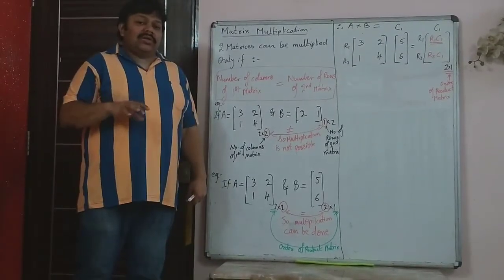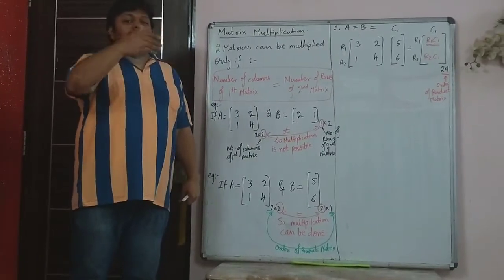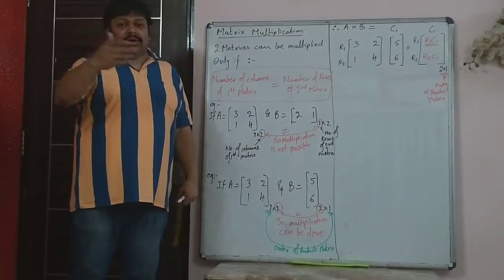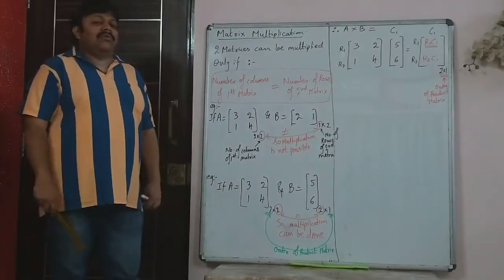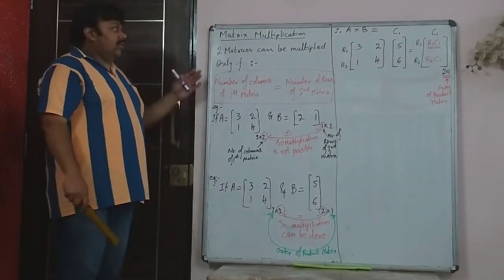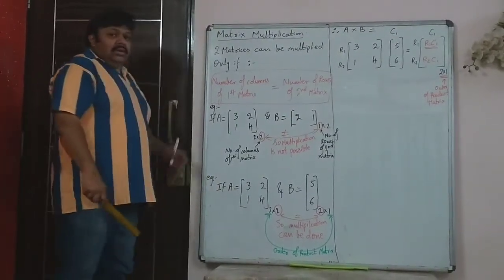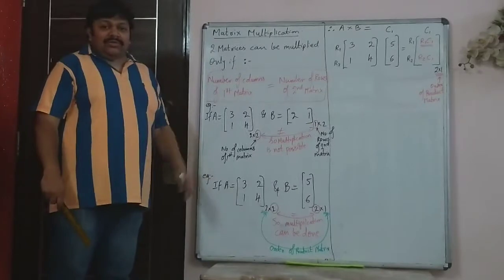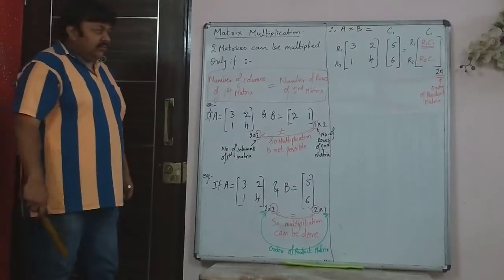Then you learned about scalar multiplication. Like the number 2 is multiplied with the matrix that I had given you. So number 2 was multiplied with each and every term of that matrix. Now today we will go on to matrix multiplication. It's very important, and there will be one or two questions in the board paper in which some multiplication would be there.